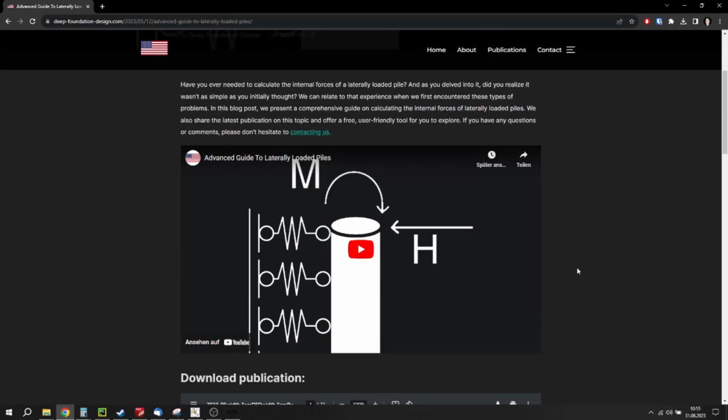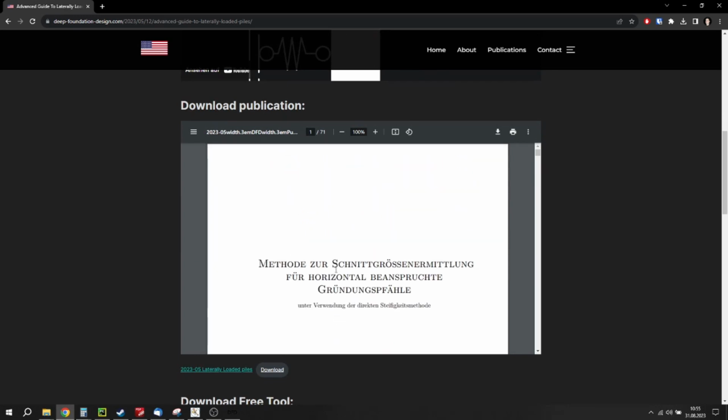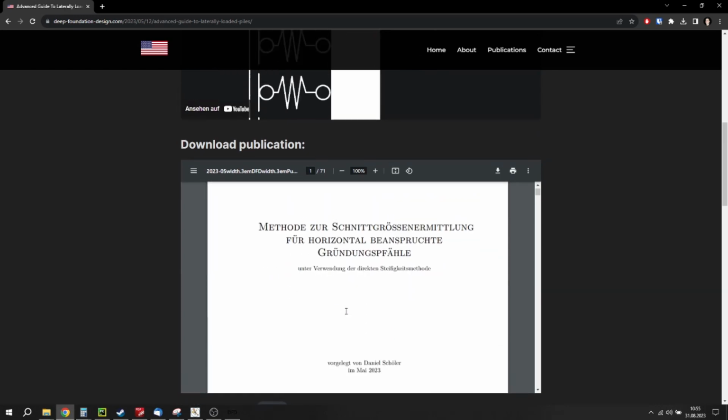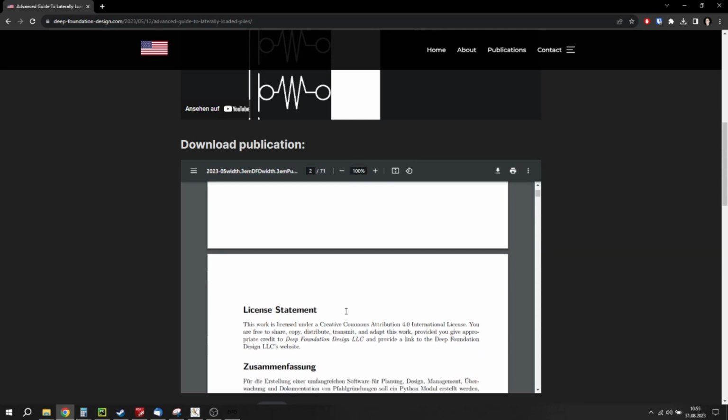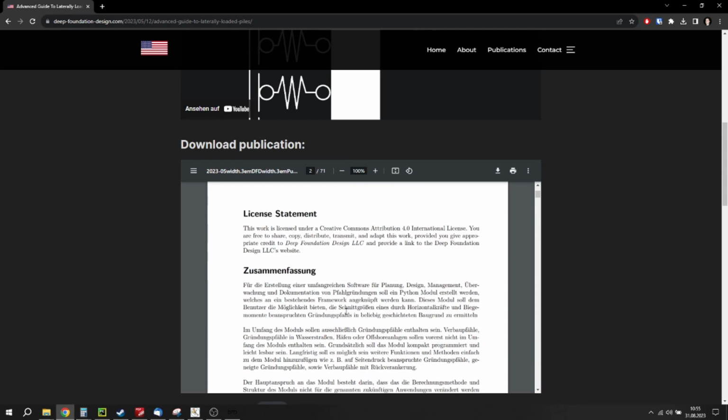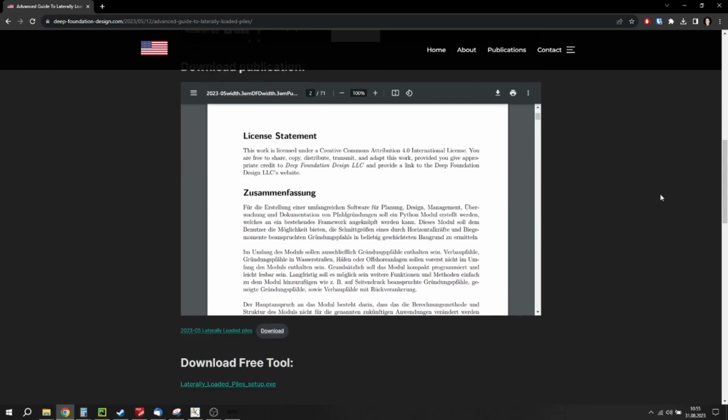In this video, I'm going to explain the research paper that we published recently about a new method that we implemented in some of our software applications for the calculation, the determination of internal forces for laterally loaded piles in multi-layered soil. To be honest, there is a lot of different ways how you can do this,